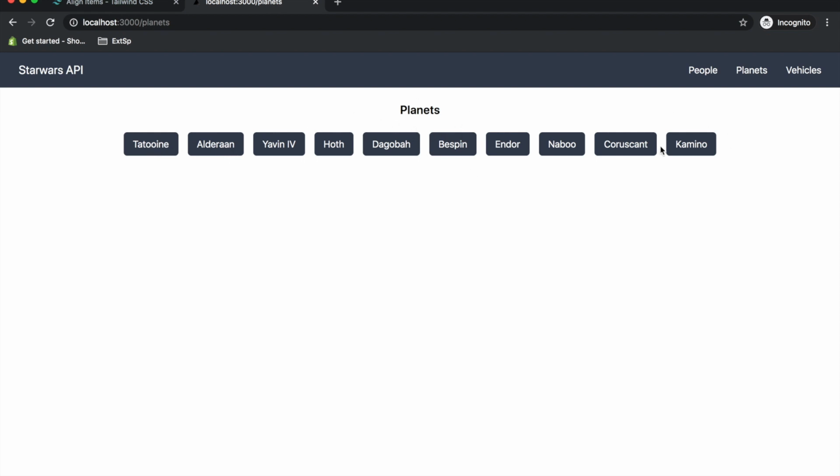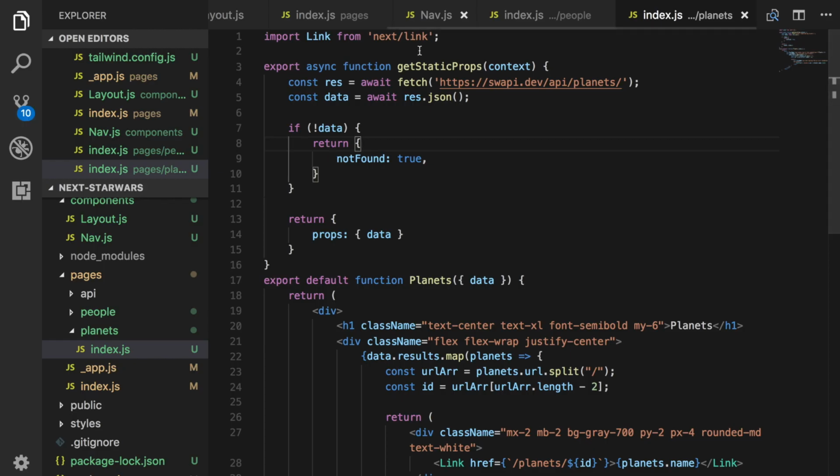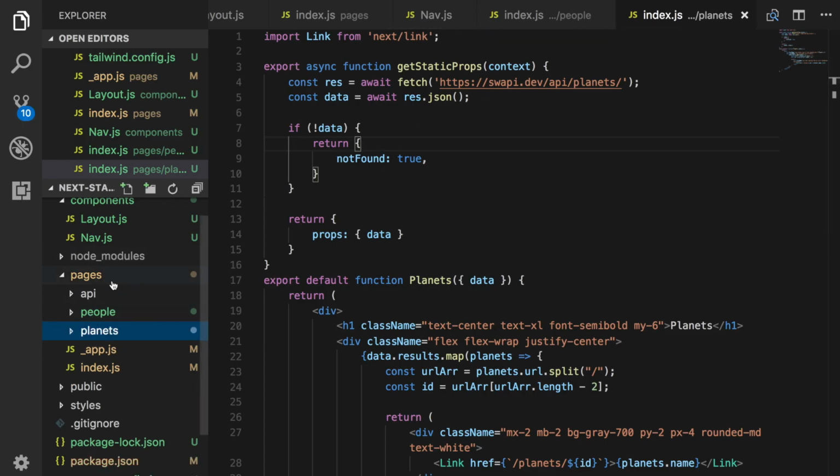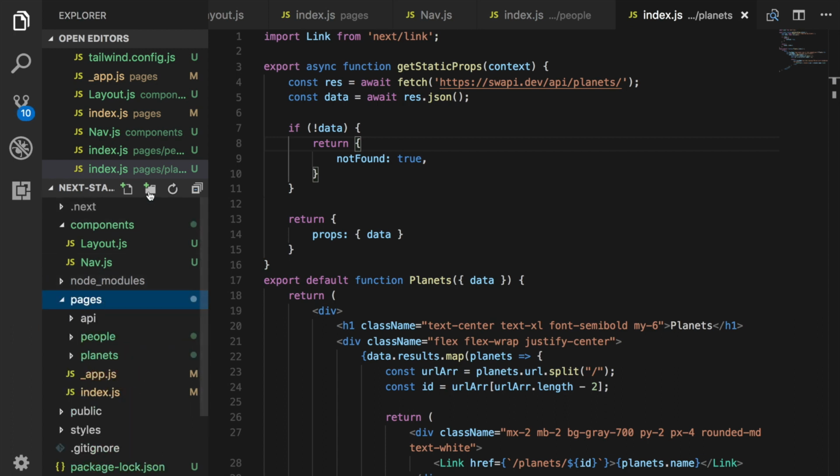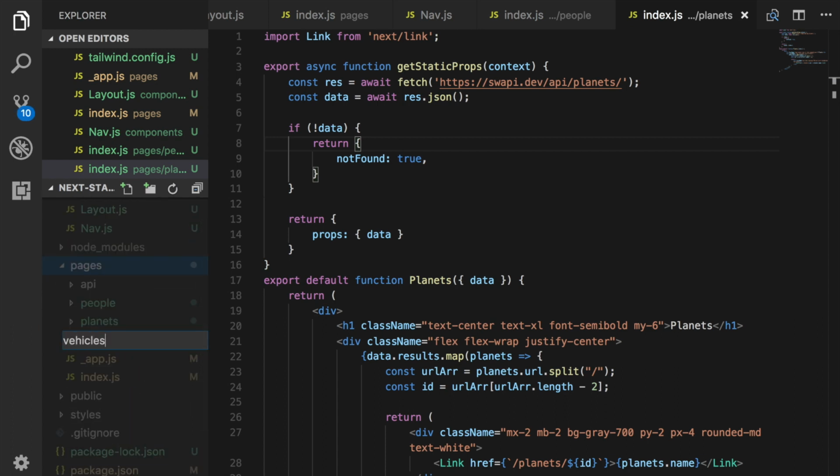And these are the different planets. And as you can see down here in the bottom left, there is another dynamic route that was created for those different IDs. And so we'll have to create those dynamic routes as well. So real quick, let's go ahead and create our last one. And we'll do vehicles. And in vehicles, we're going to